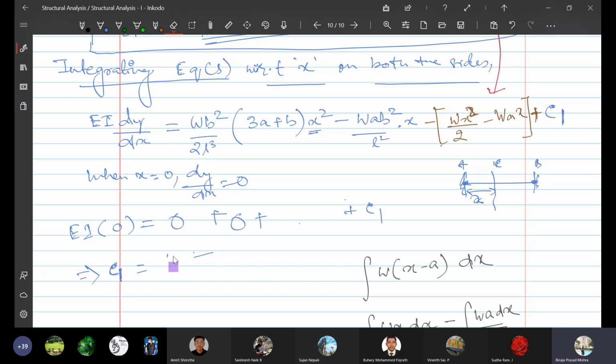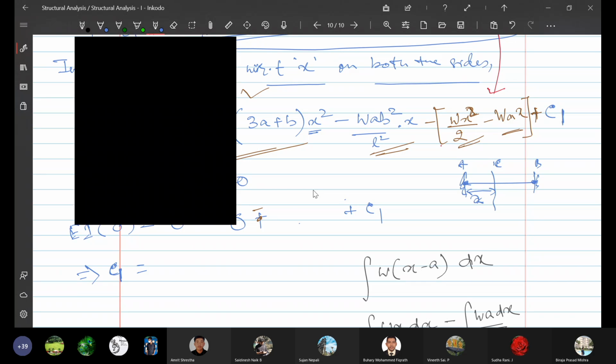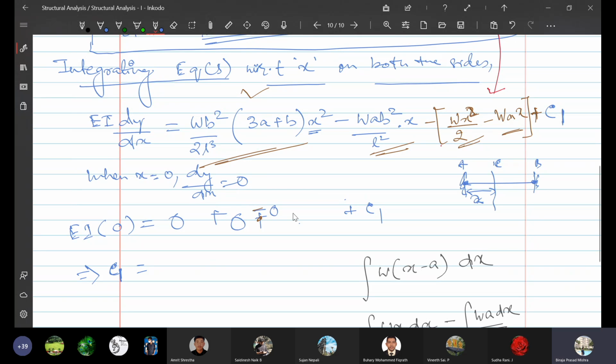Okay, here every value is 0. Please mark this one. So this part is 0. This part is x related. Here also x is related. Here x is related. Here x is related. So it is minus 0. So everything is 0 here. Okay, this is minus, so this is minus 0, and this is also, or let's say, plus 0. Okay, so C1 becomes 0.